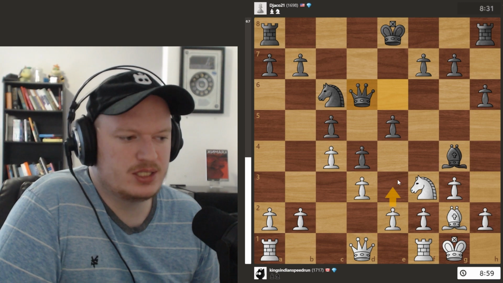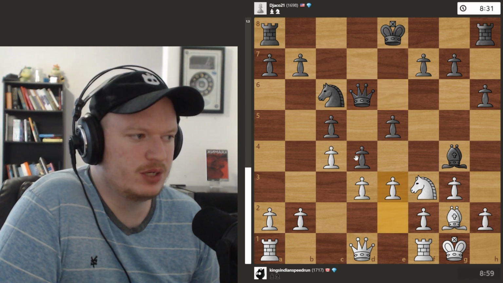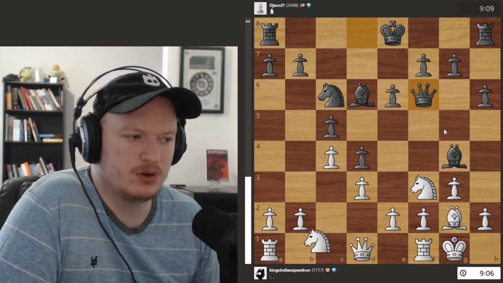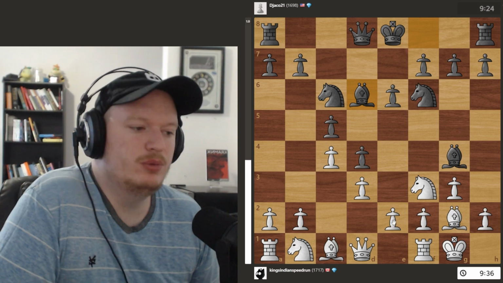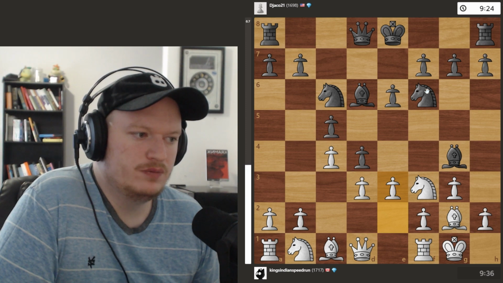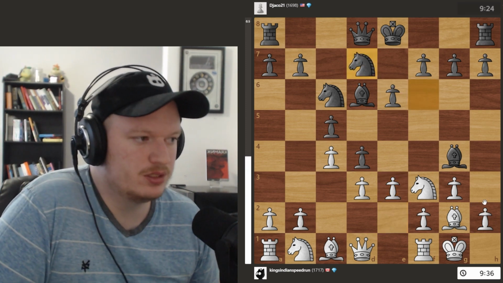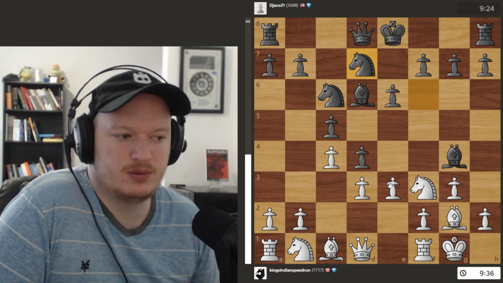Like, it would be nice if we can get some sort of e3 played, but I'm not really sure how good it is here when we have to take with the bishop already traded. So maybe bishop g5 wasn't the most accurate. Maybe we can play e3 here. Knight d7. The problem is this pin is actually quite reasonable, because if we take, then they might be able to take with a knight, but